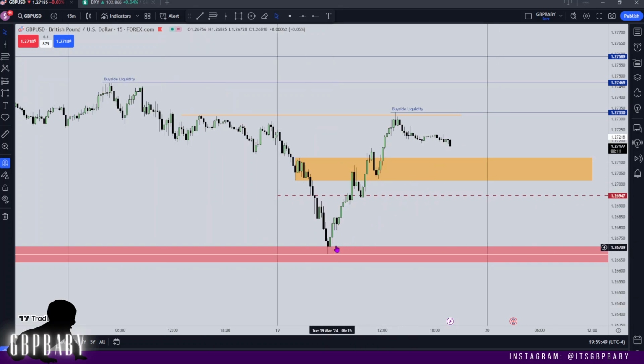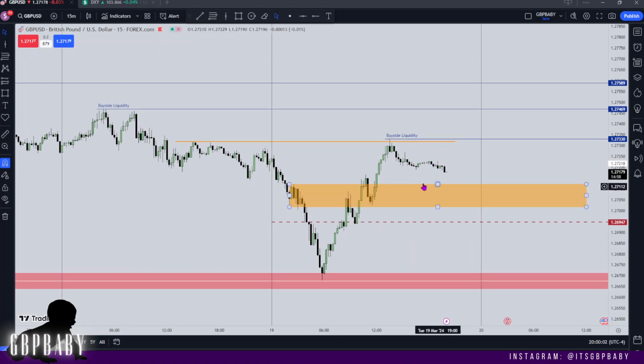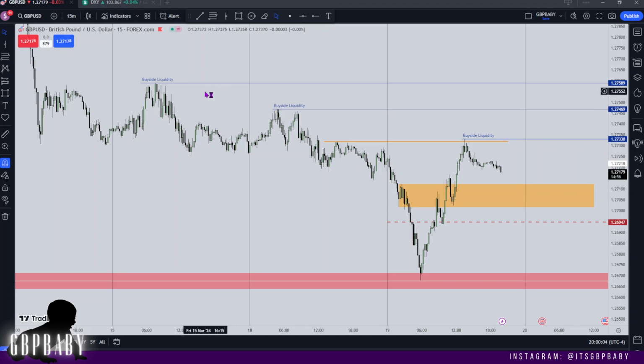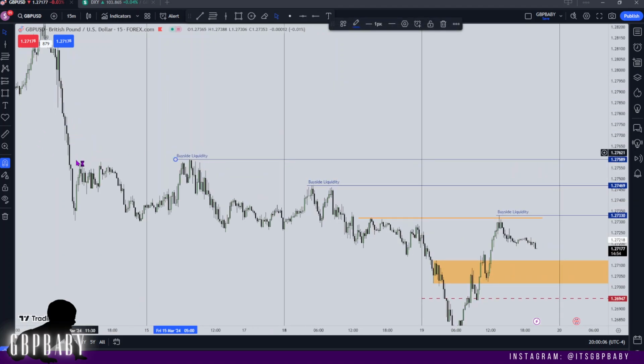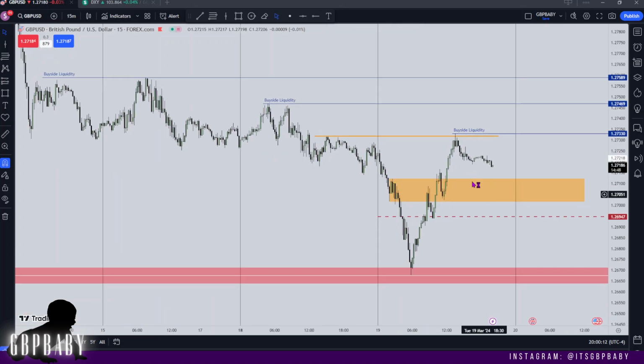but preferably not. But one thing I do want to state is that I don't think this low is going to get left like this. So I'm not saying this is the low of the week, but I am expecting a reversal at this point on the Wednesday, a Wednesday midweek reversal. So that's why I do want to see these highs start to get targeted, and that big buy side liquidity we have from last week. So yeah, it should be very interesting, but it's all just a matter of how we treat